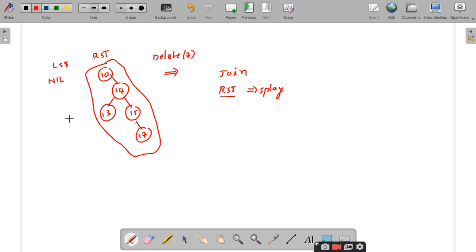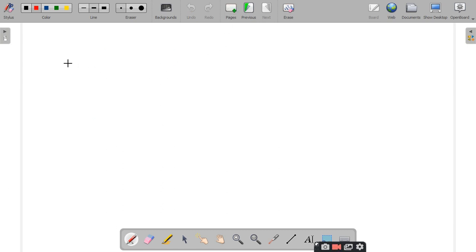Yes, sir. What happens in the other case where we have only the left subtree and no right subtree? Do we need to consider the left subtree as the splay tree or do we need to do something else? We should consider the left subtree as the final splay tree, sir. Is it your answer? Yes, sir. No, the answer is not correct. Why?